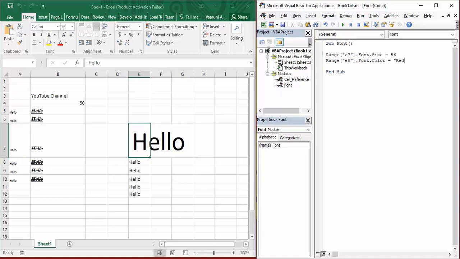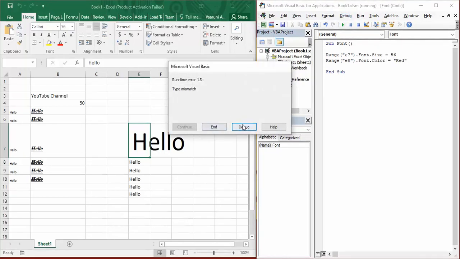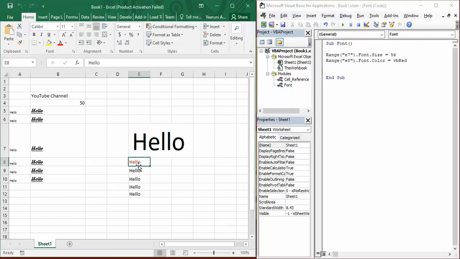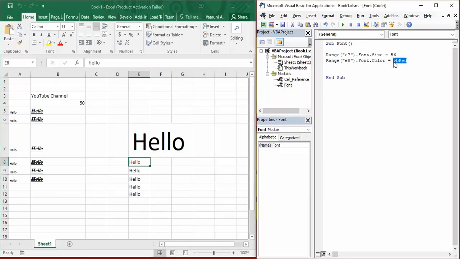So red in double quotes, and let's see what happens. Okay, it doesn't change that because we are not having red color over here. What we are having is VB red. You got to provide VB red, and when you just click on run, it changes its color to red. Simply there are all these colors with a prefix known as VB.